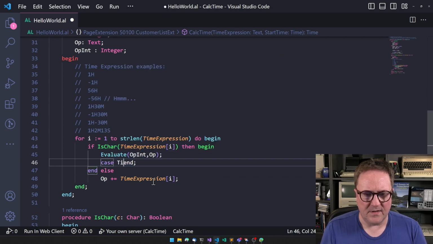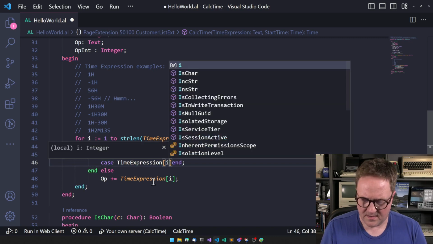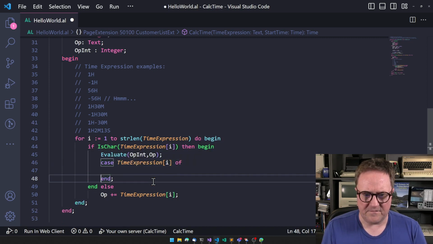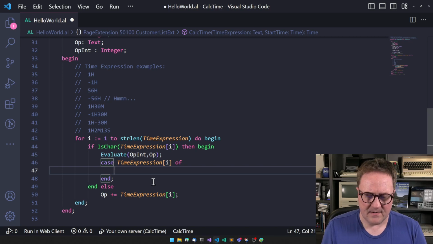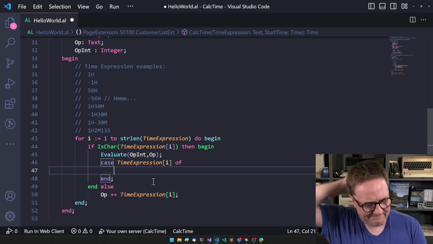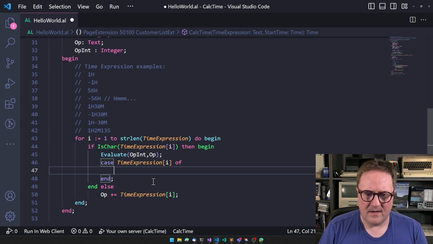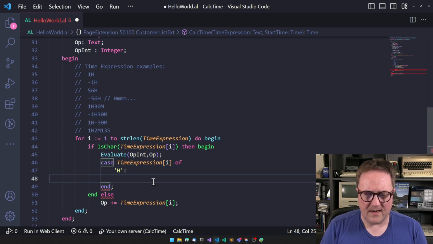And then we can do a case time expression I of, so what letter did we get? We got an H, right? So H would then mean that our,